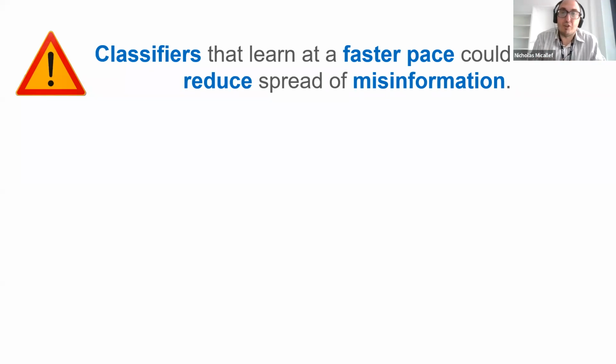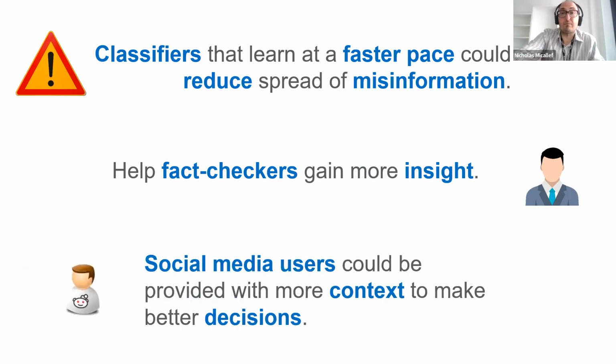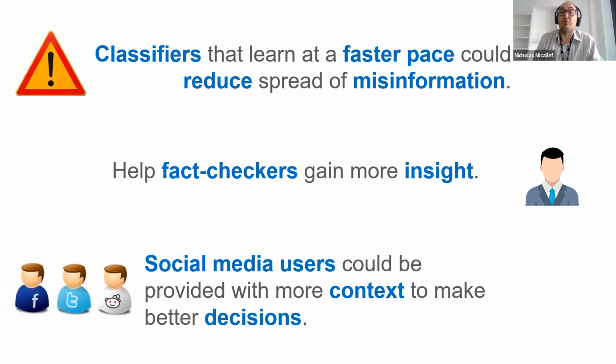Cross-platform classifiers could also be of benefit to fact checkers because they could help them gain more insights about how debunked videos are used on multiple platforms. This could make the fact-checking process less time-consuming. Also, even social media users could benefit from such a classifier by having more context about the relationship between the post and video, but also the type of misinformation that the video contains. This added context could help people make better decisions, which could prevent them from clicking on the links that direct them to misinformation videos.